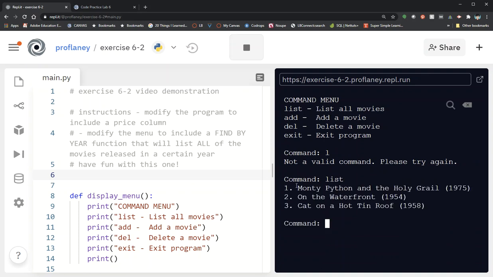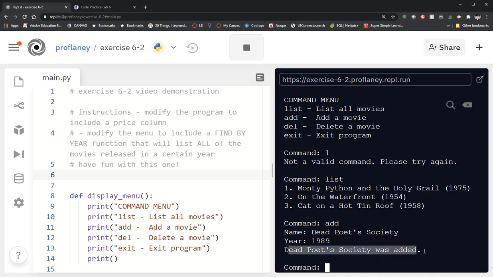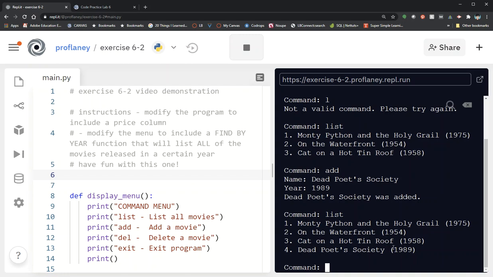So here we have a name of a movie and a year of a movie, and I can add a movie. So I'm going to go ahead and add Dead Poets Society, and that came out, I believe, in 1989. It gives me some nice confirmation that it was added. I'm going to do list, and so now I have 4 movies, and I want to test out the delete